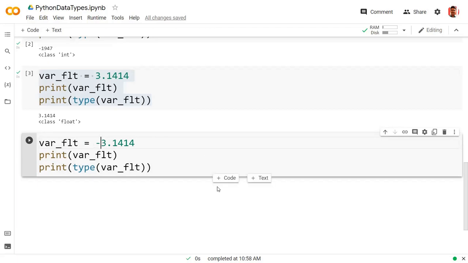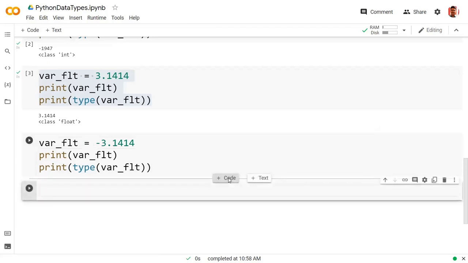Now the next one is called a complex number. We studied complex numbers in our school days. A complex number is a collection of a real value plus an imaginary value.